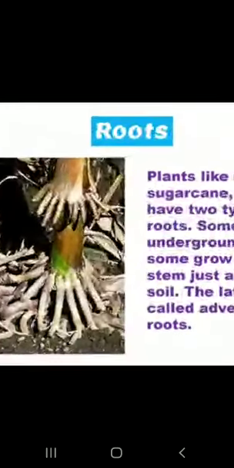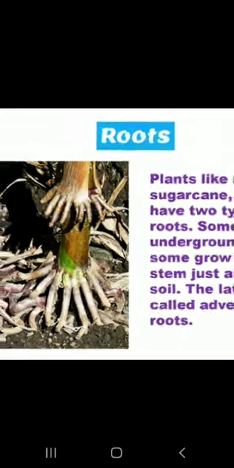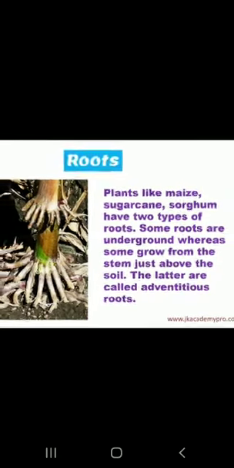After doing the experiment, you can again plant these plants. Don't waste the plants. Other than the tap root and fibrous root, there is one more type called the adventitious root, which we can see in plants like maize, sugarcane, sorghum. They have two types of root. One root is inside the soil, and the second type of root you can see here in the picture, they are just above the soil at a distance. They are called the adventitious roots.